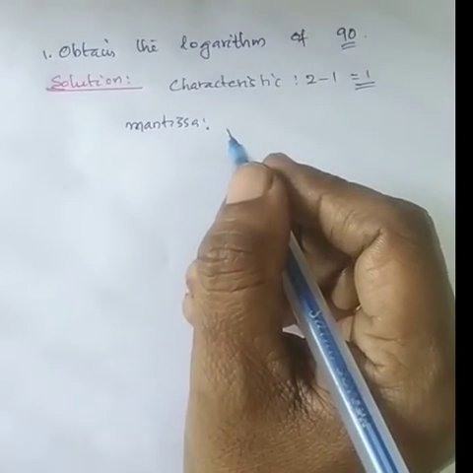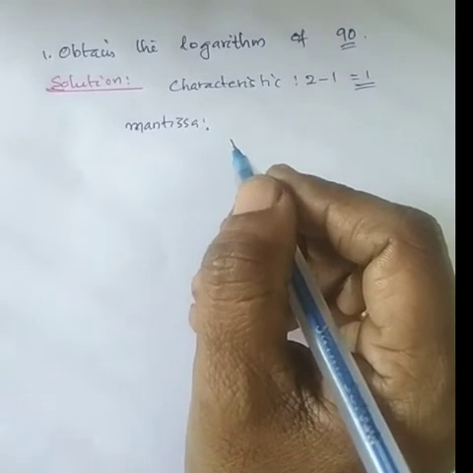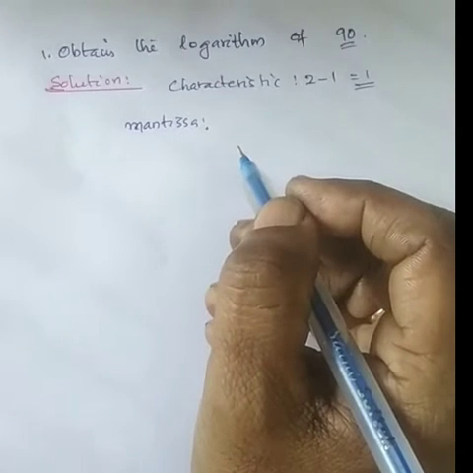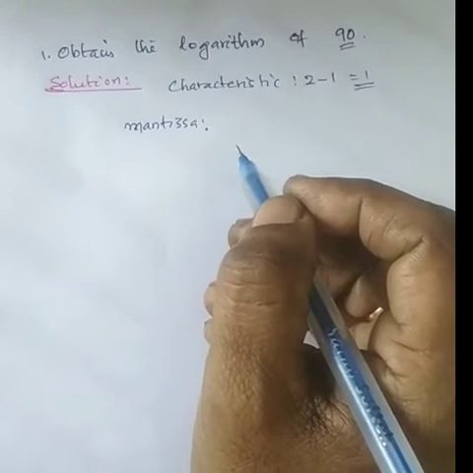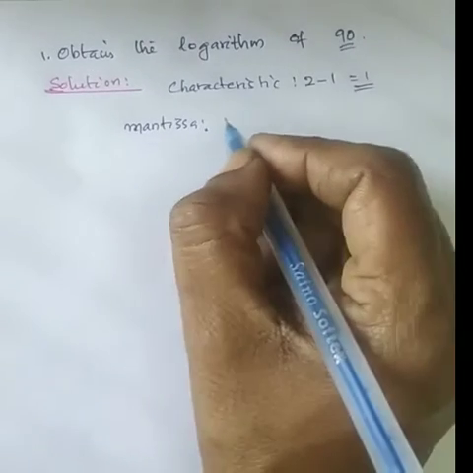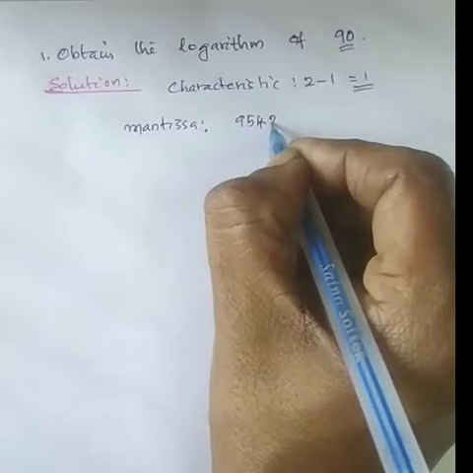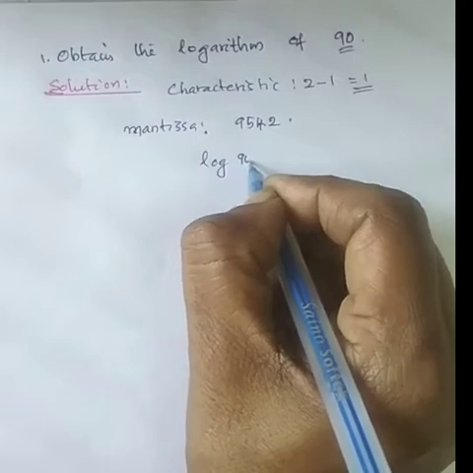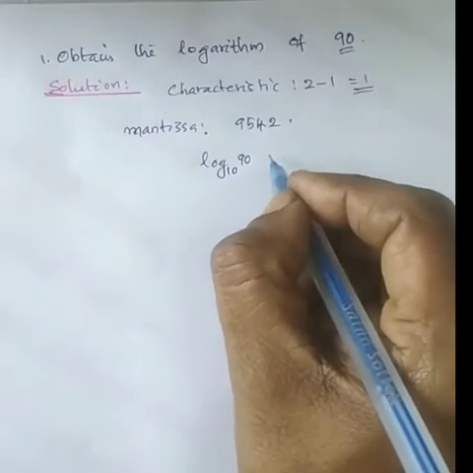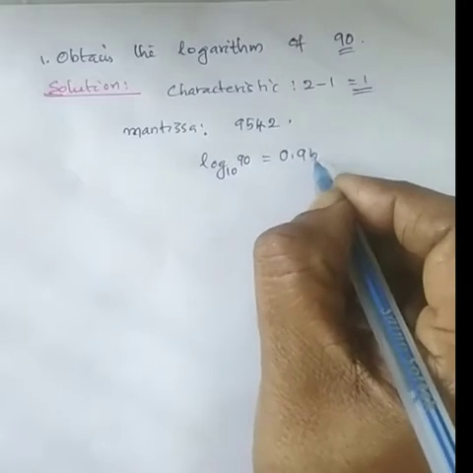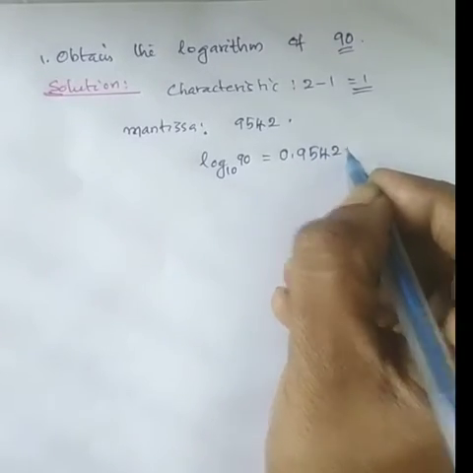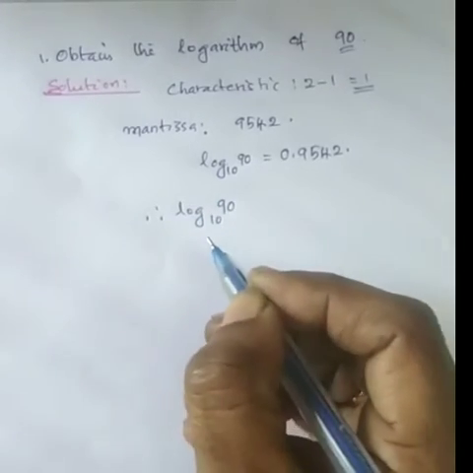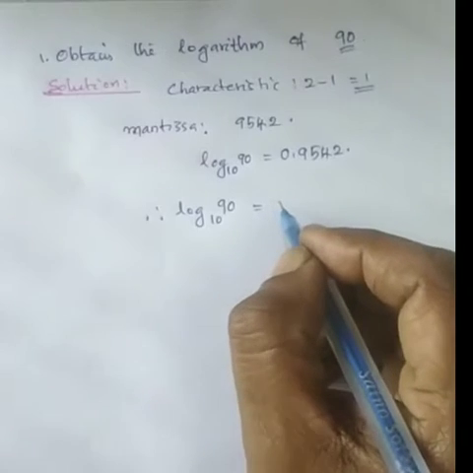in the logarithmic table, first look down the left column to locate 90. Look across the 90 row and locate the entry under column labeled 0. Read off this figure, 9542. Hence, the mantissa of log 90 to the base 10 is equal to 0.9542. Therefore, log 90 to the base 10 is equal to, we know that the logarithm of a number is